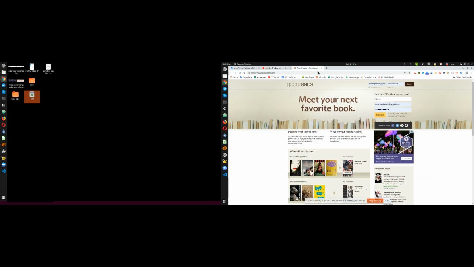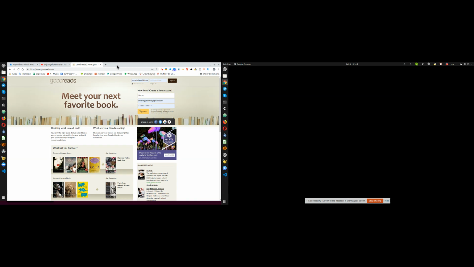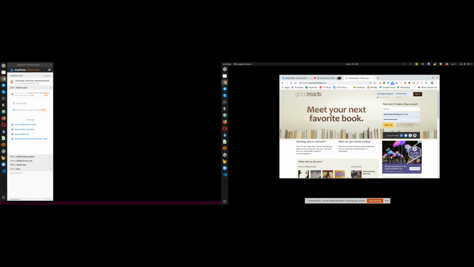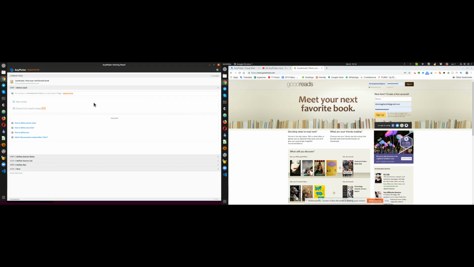So I've already installed anypicker. I click on the target site, which in this case is the same site that they're using, which is Goodreads. And now I'm going to start anypicker. And for whatever reason, anypicker insists on jumping over to my other screen. And I'll enlarge it. So on the left-hand side now,